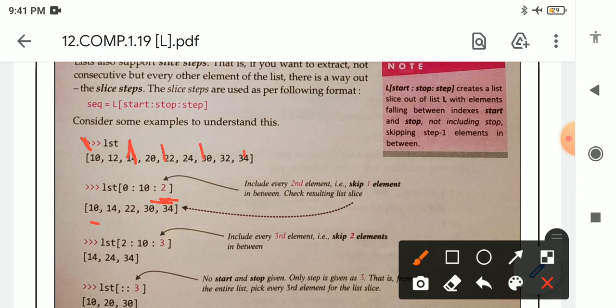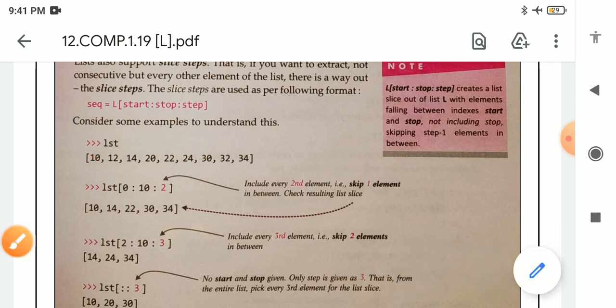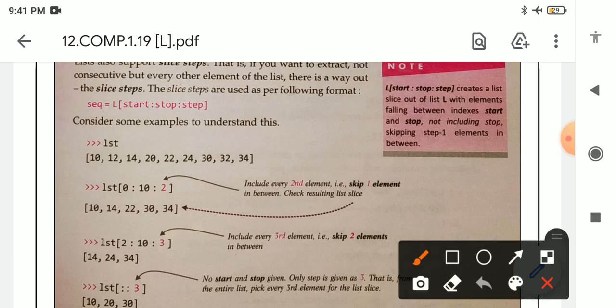Here the step is what, 2, so we count 2 steps. That is why, previously we were taking all the elements, but due to this syntax we take only the limited elements which are coming according to the step.